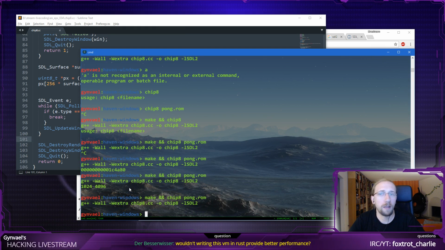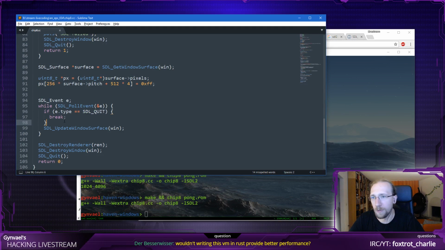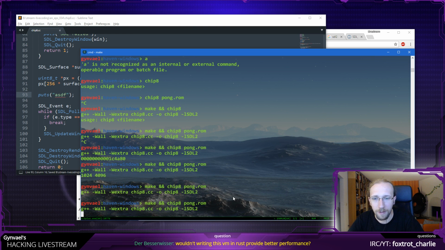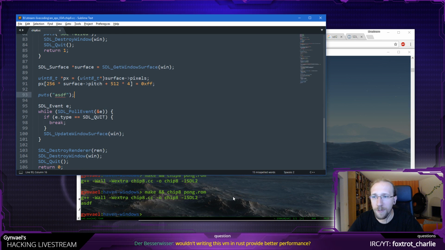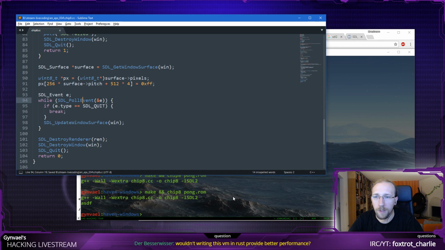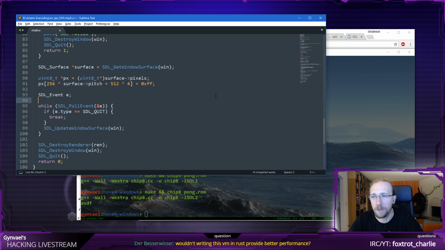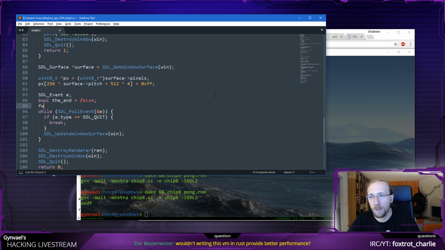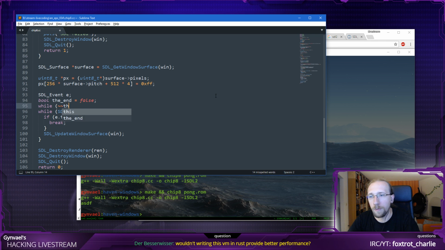It does compile. Where's my window? I don't see my window. Did it work as well, or did it instantly quit? Why did it quit? SDL_Init, this works. That's funny. When it polls for an event, oh wait, wait, no, that should be like this. Yeah, now I understand their wisdom of actually doing it this way. So while we don't end, then do this.